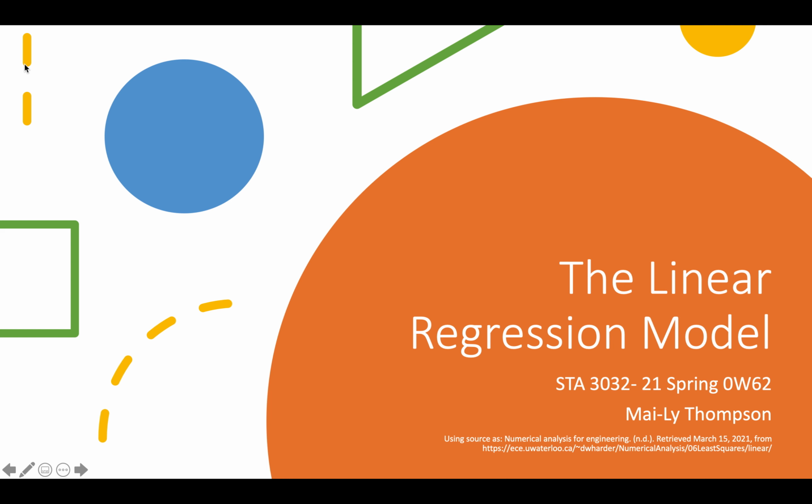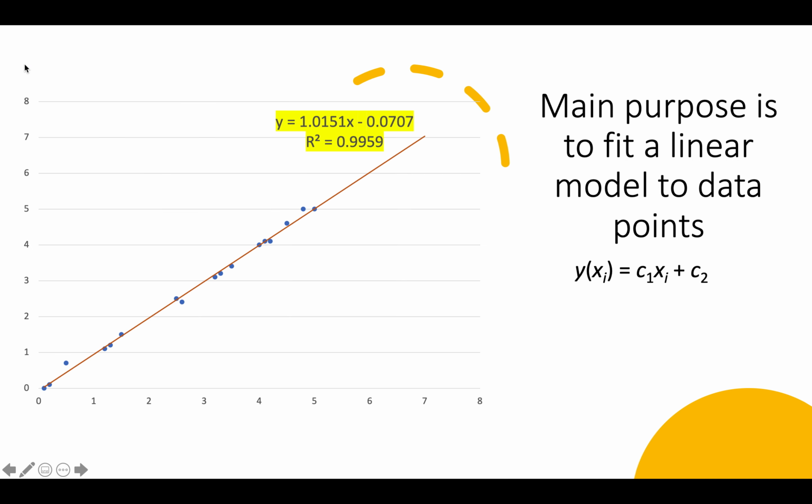Today we are going to be going through a brief explanation of the linear regression model. The linear regression model's main purpose is to fit a linear model to data points. So you have data points as seen on the graph, and you want to find the line of best fit,